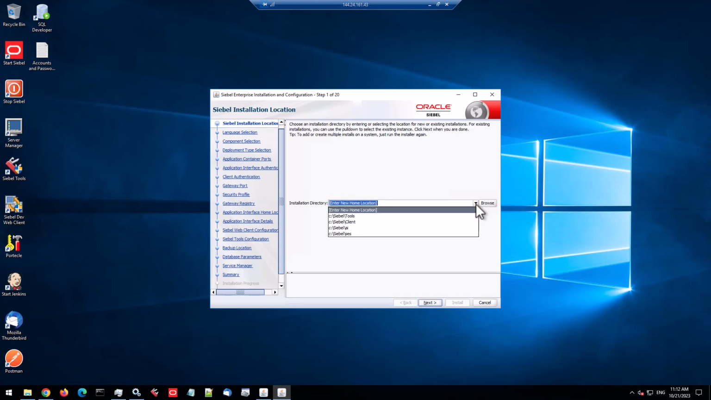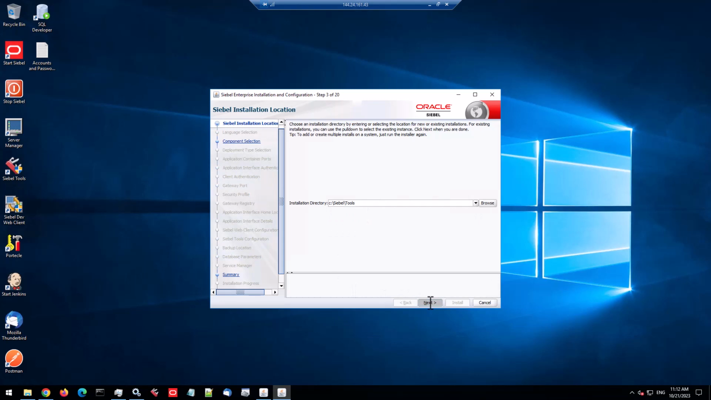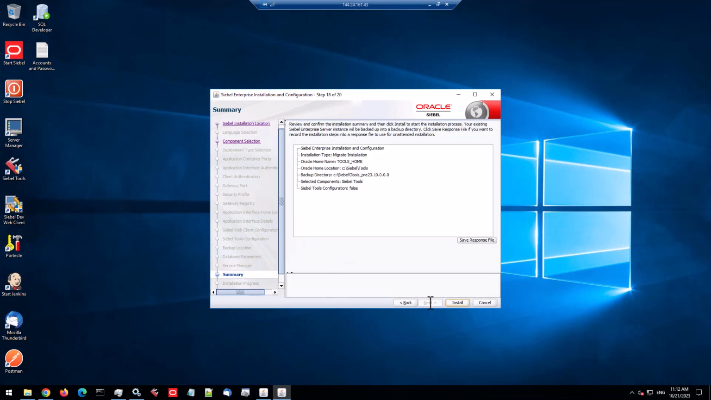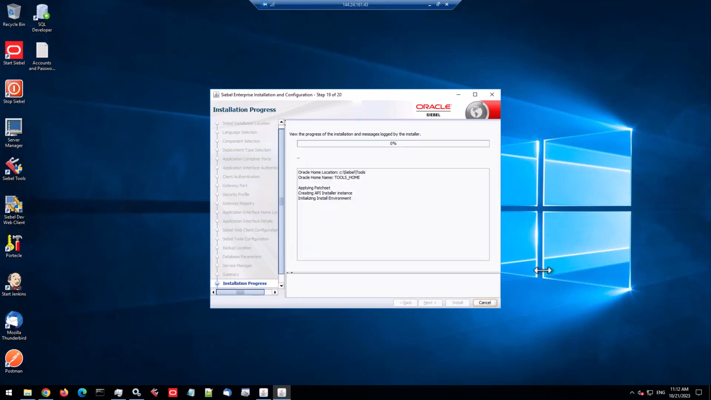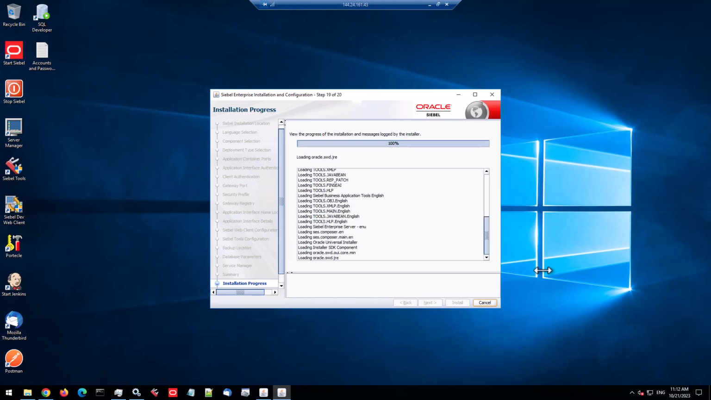And time to update Siebel Tools, which is on this machine as well. Again, easy task. Run the update installer. No questions asked, really. And we are speeding this up here, so Siebel Tools will be updated as well. And we are going to need Siebel Tools in a moment